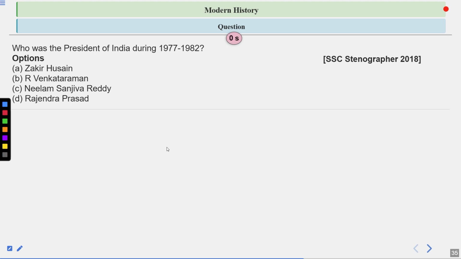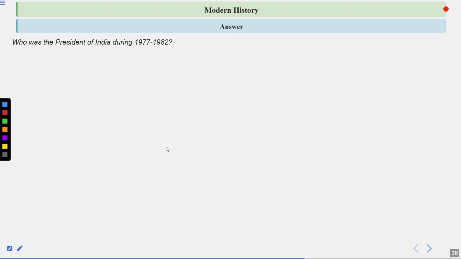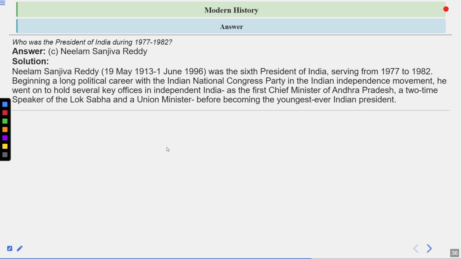Time's up. The correct answer is C. Neelam Sanjeeva Reddy. Solution. Neelam Sanjeeva Reddy, 1913 to 1st June 1996, was the sixth President of India, serving from 1977 to 1982, beginning